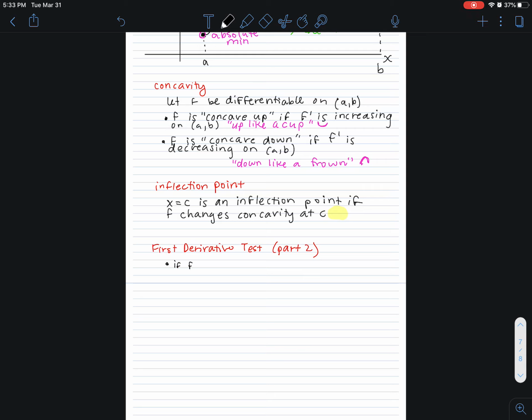So if f prime changes from positive, wow, I can't spell, to negative at x equals c, then we say that f has a local maximum